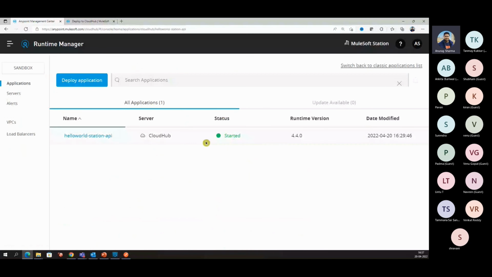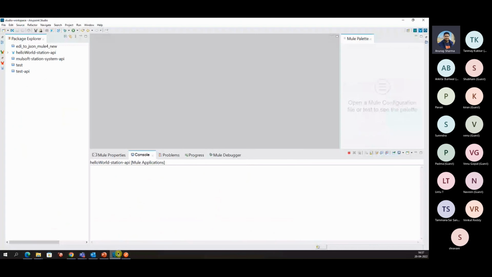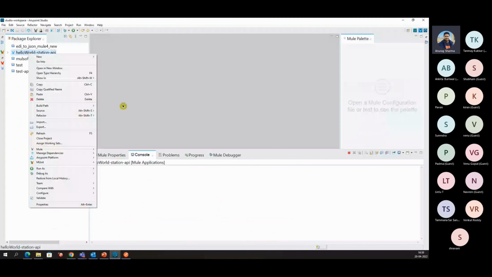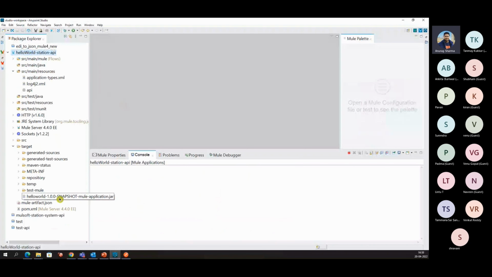What I will do, I will click on this and I will delete this one. Okay, because I need to show you. Okay, not a problem. I will show you one more thing. One option is done. We deployed our application locally and manually uploaded the jar file onto the Runtime Manager and